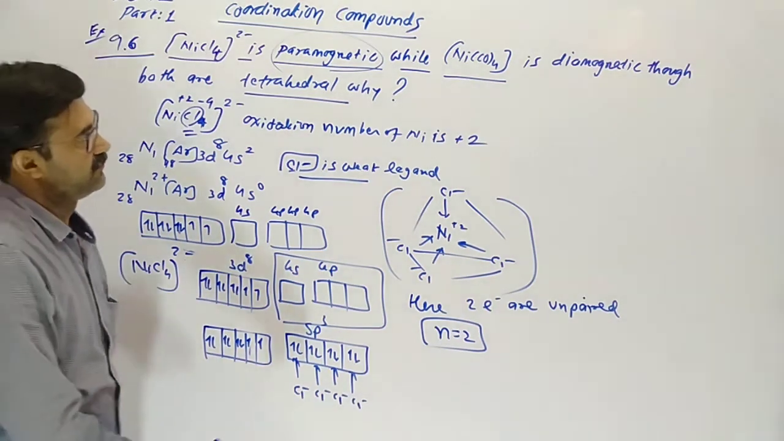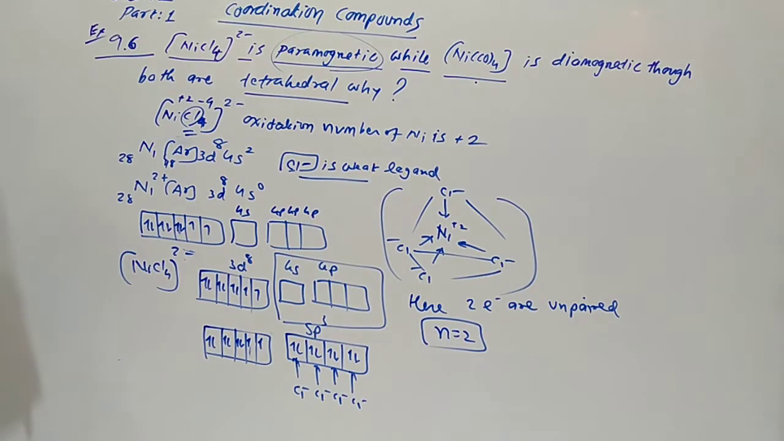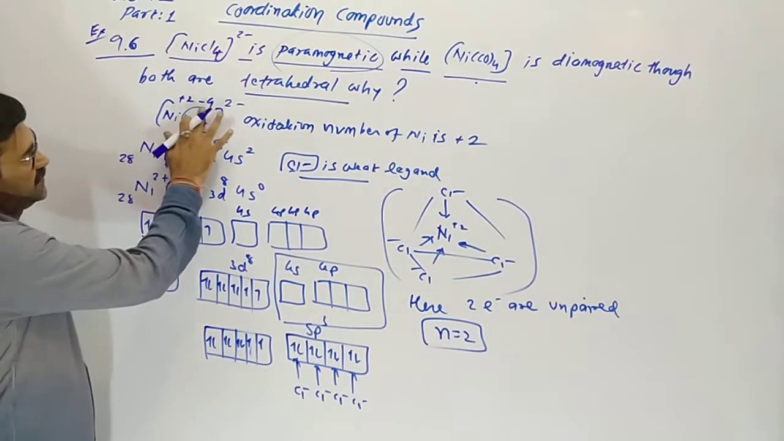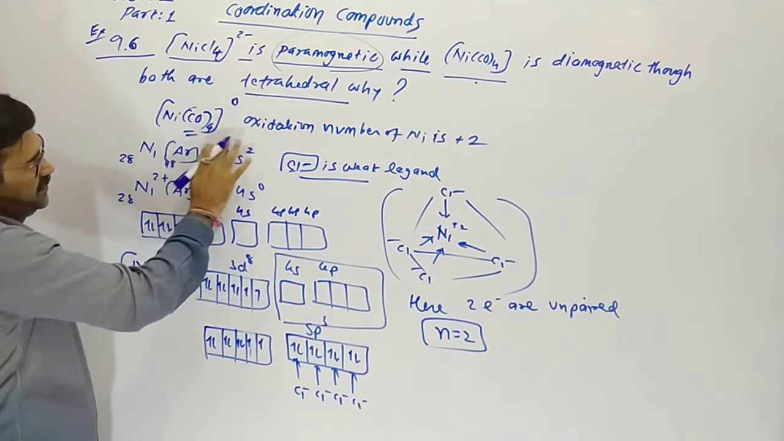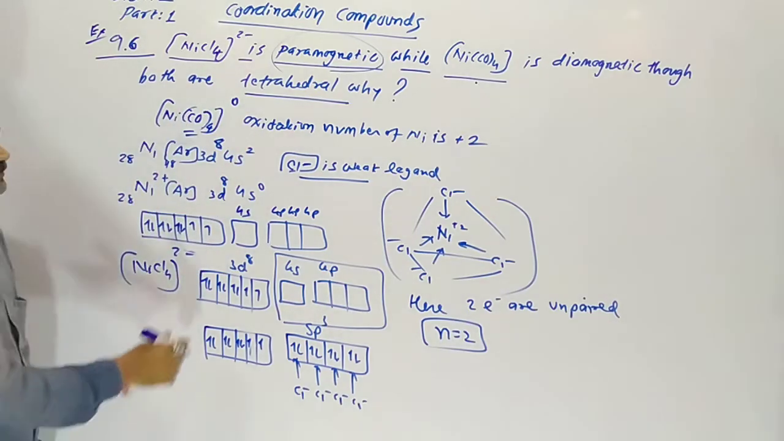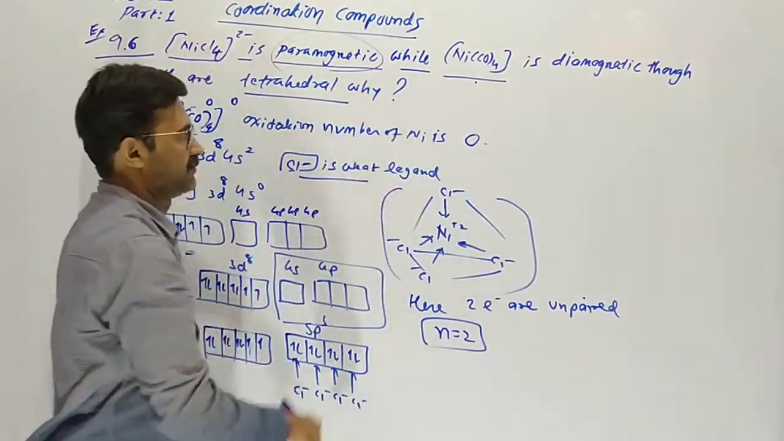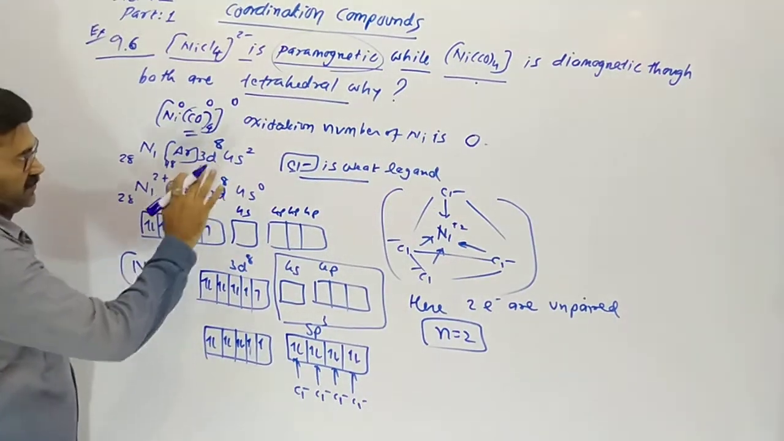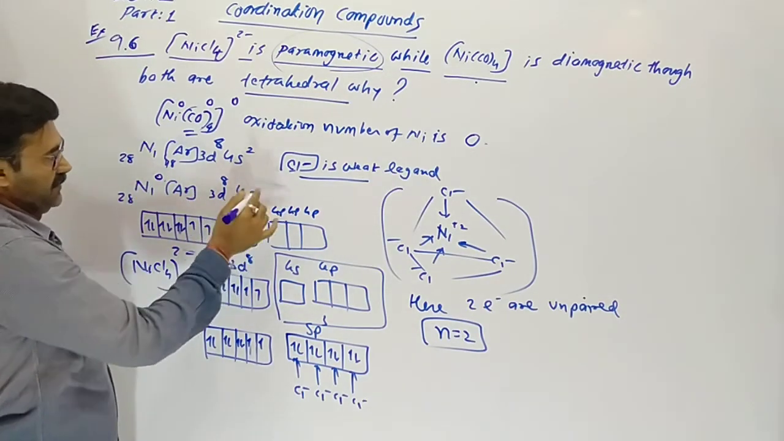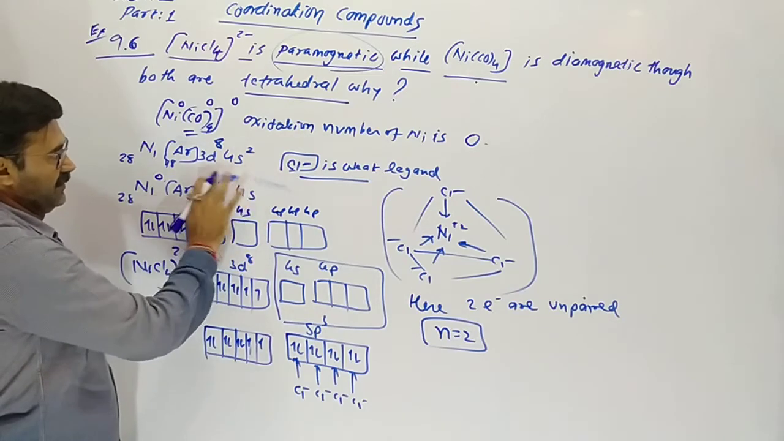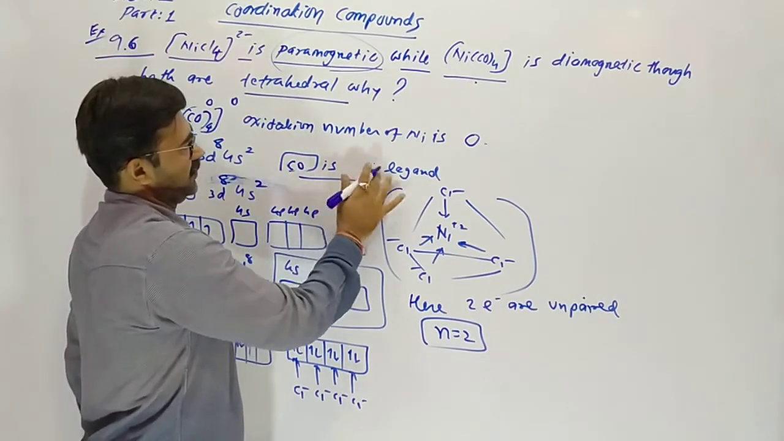Understood? While Ni(CO)4 is diamagnetic. Why? Here CO, carbonyl group. Total charge of the entity is 0. So here the oxidation number of nickel is 0. So 4s2 3d8. So in nickel 4s is 0, and 3d10 occurs. We are going to discuss carbonyl is a strong ligand,